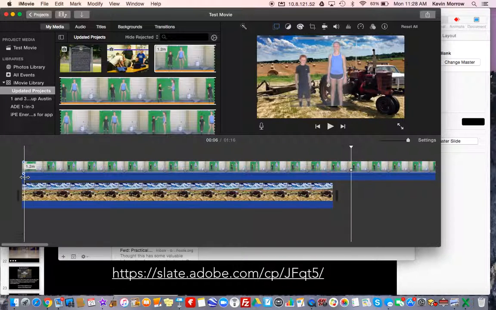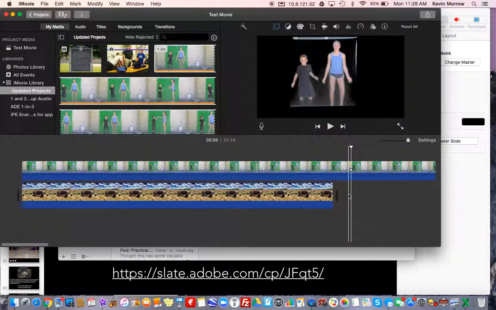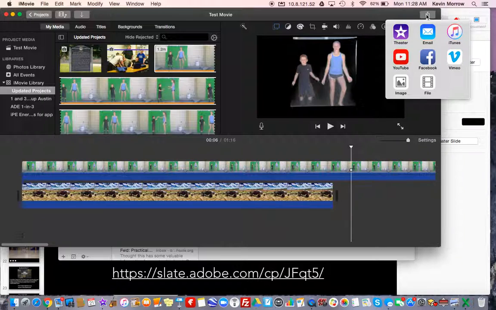There's a lot of parts to iMovie. There's a lot of things that you can do with it. But if anybody has any questions, be sure to let me know. Right here is where I would go, and if I wanted to share that as a movie, I always just share them as a file, share it to my desktop, share it to a folder, share it wherever you want it to go,